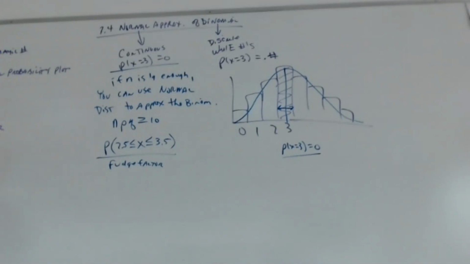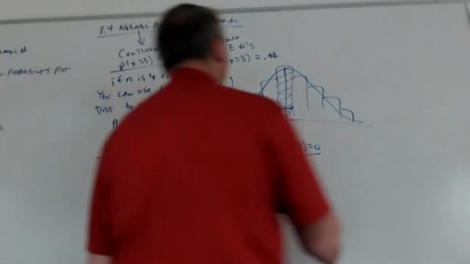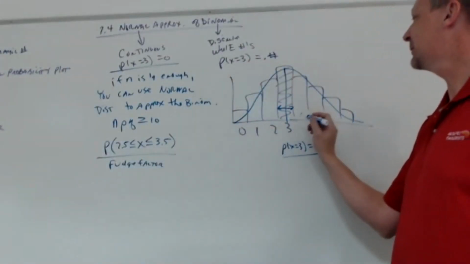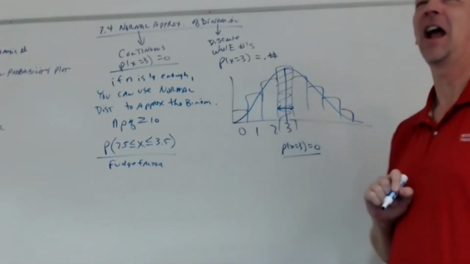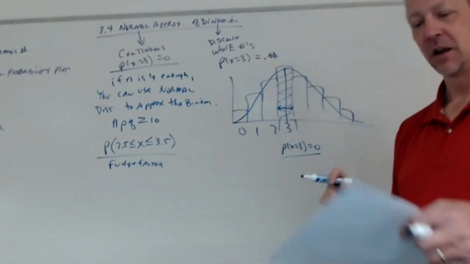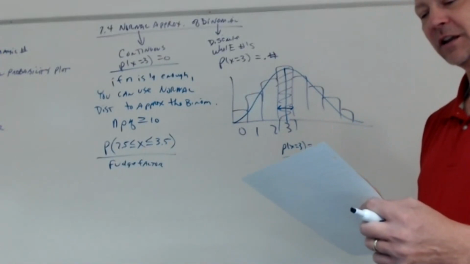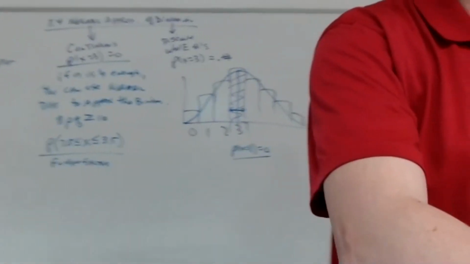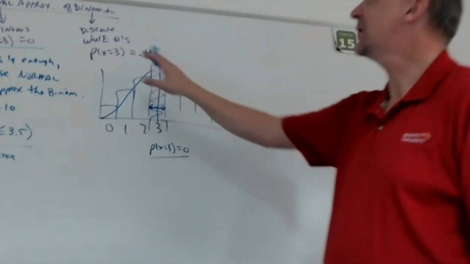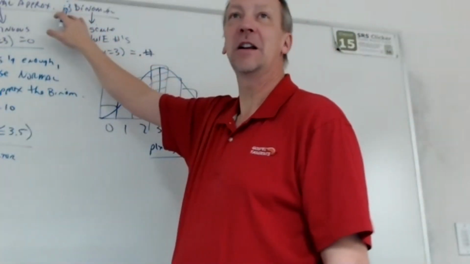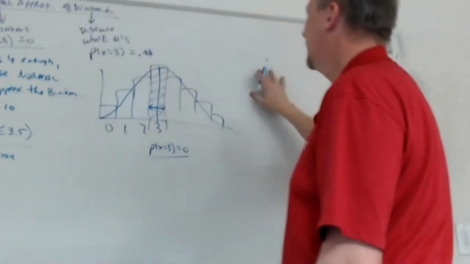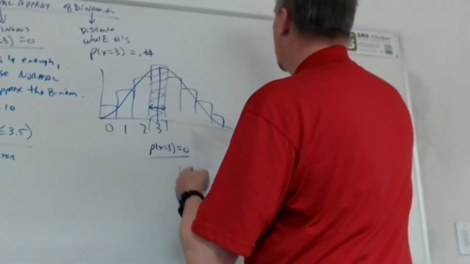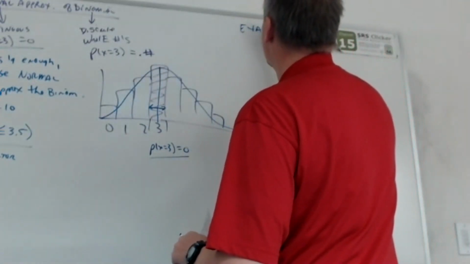Okay? All right, so the idea here is, if I'm going to do a normal distribution, I've got to give it a little bit of a gap here. Okay? So let me give you a nice little table. I'm going to set this over here. So when we're doing the normal approximation of the binomial, the idea here is the exact